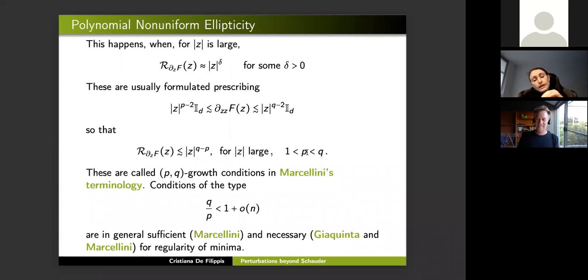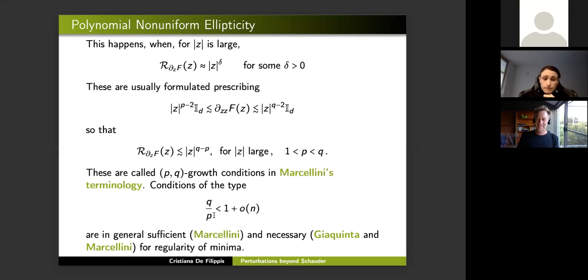Now, one could think that the blow up of the ellipticity ratio is strongly related to the regularity of solutions. And just theoretically, one could think that if we want to hope for regularity, we need to somehow slow down the blow up of the ellipticity ratio. This is exactly the case. Indeed,